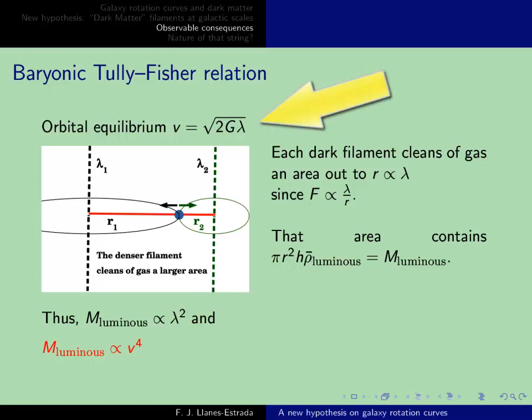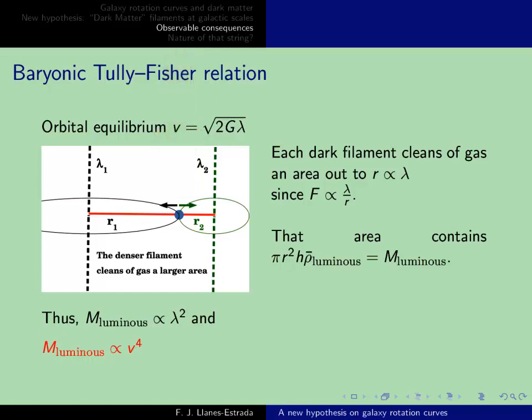We saw already that the asymptotic velocity is proportional to the square root of the cylinder's linear mass density. Now, imagine two neighboring cylinders of possibly different dark matter linear densities. Ordinary matter lying somewhere in that region will fall either towards one or the other. Now, because the force is proportional to lambda divided by r, remember, everything happens as if there was one less dimension than in ordinary Newtonian mechanics, where point sources have 1 over r squared, falling gravitational fields. Well, then the point where the forces of the neighboring cylinders or filaments are equal is closer to the less